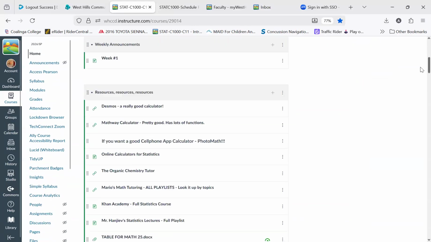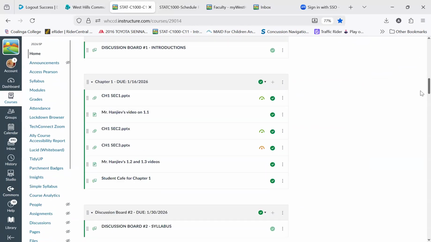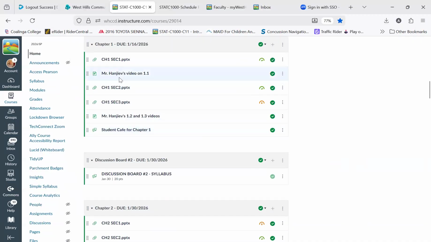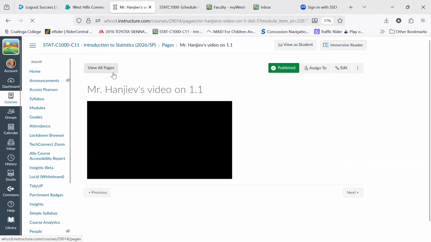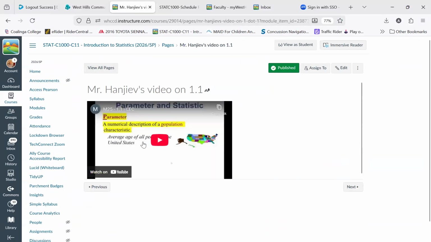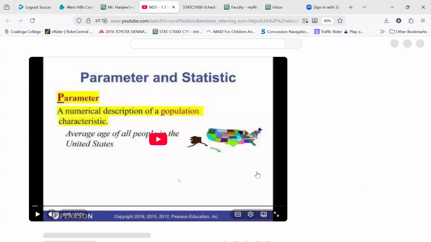is the videos underneath here. So that's for chapter one. And then I have the chapter one video. So if you click on this one here, it should take you to the page in YouTube here. And then just click on it. And I'll probably just watch it in YouTube. It'd just be easier because then you can go full screen on it and everything else. But essentially, this is me teaching the same exact class